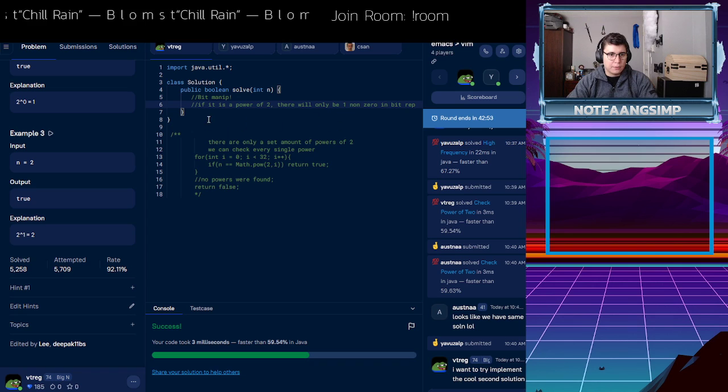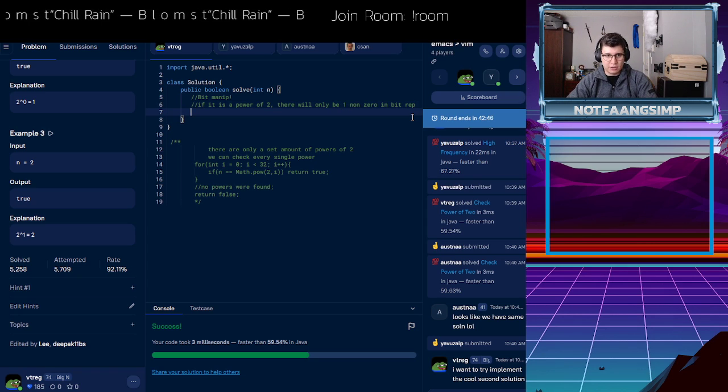Alright, so given that there will only be one non-zero value in the bit representation, what we can do is say while n is greater than